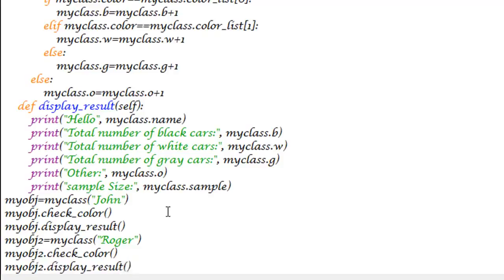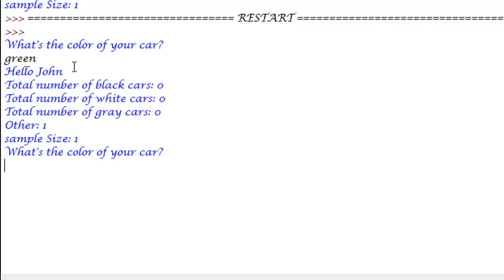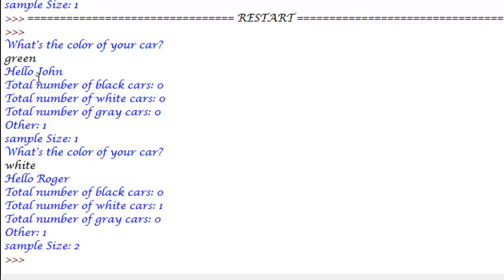I'll save the file and I'll execute it again. So again now we're going to see the result for John as well as for Roger. So for John I'll type in green as the input, and for Roger I'll type in white as the input. So now we see that when we type in green and press the enter key, we see the message hello John, and that's because the first object was created and the constructor function was called,